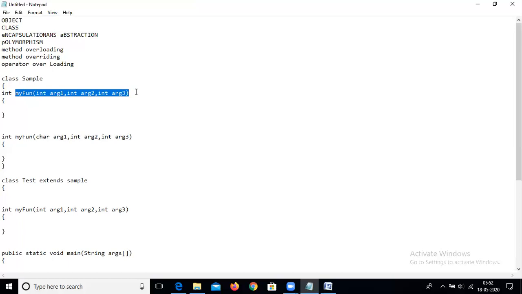So in method overloading, the return type doesn't matter. Only the function name and the type or number of arguments make the signature of the function. Means a function can appear two, three or four times, but with different signatures. This is called method overloading.